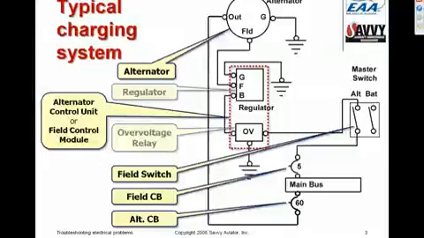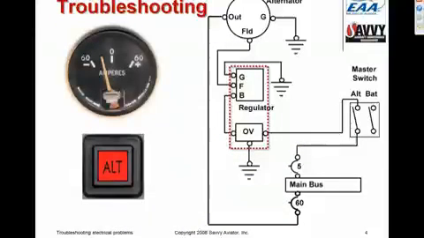So let's suppose that we have a charging system failure, and all of a sudden the alternator is no longer charging the battery. We see a discharge. If we have an alternator fail light, it comes on, or if we have a low voltage light, it comes on to tell us that something's wrong. So how do we go about